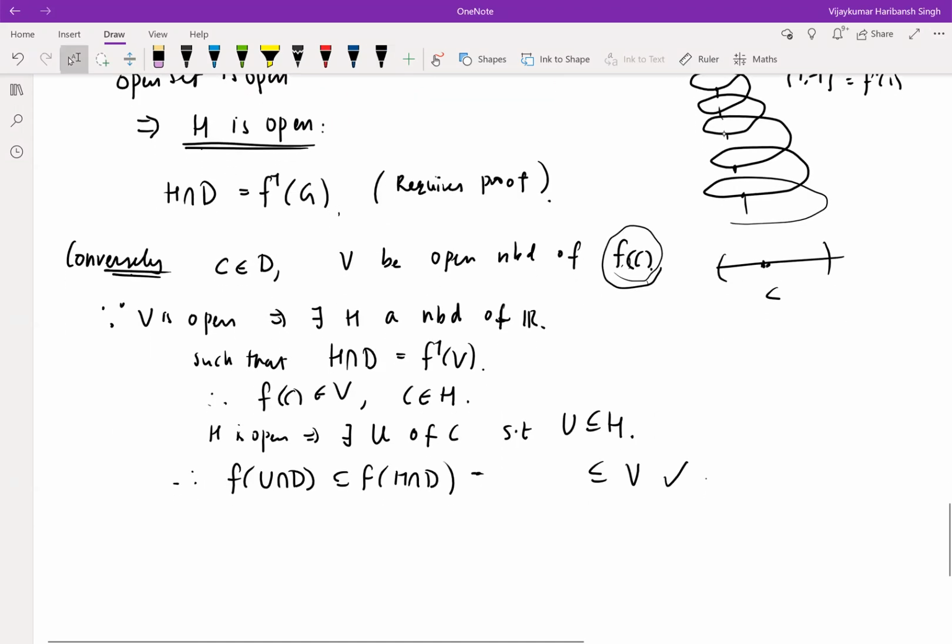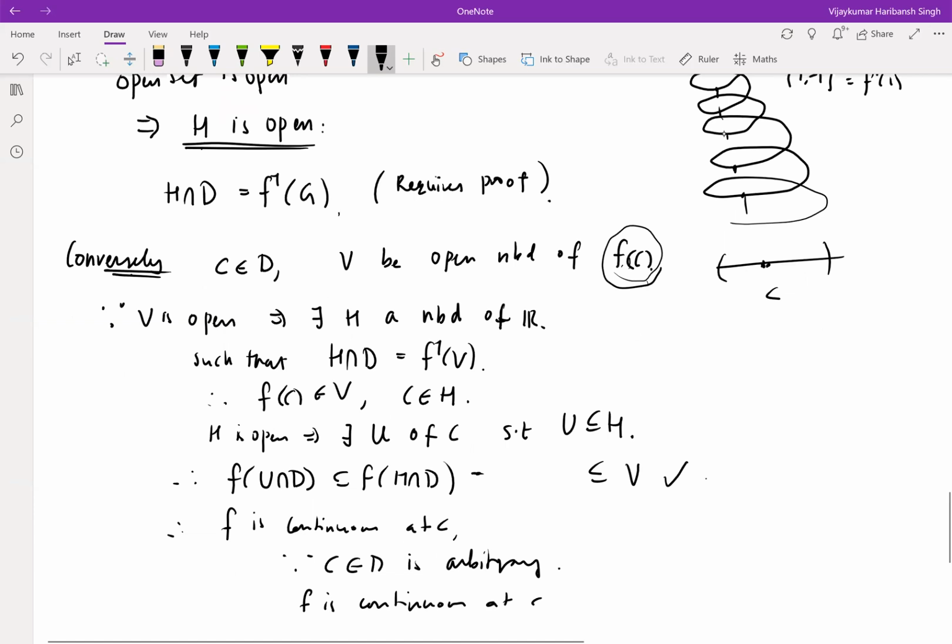Therefore, we have proved f is continuous at C, but since C belongs to D is arbitrary, f is continuous on D. All right, so